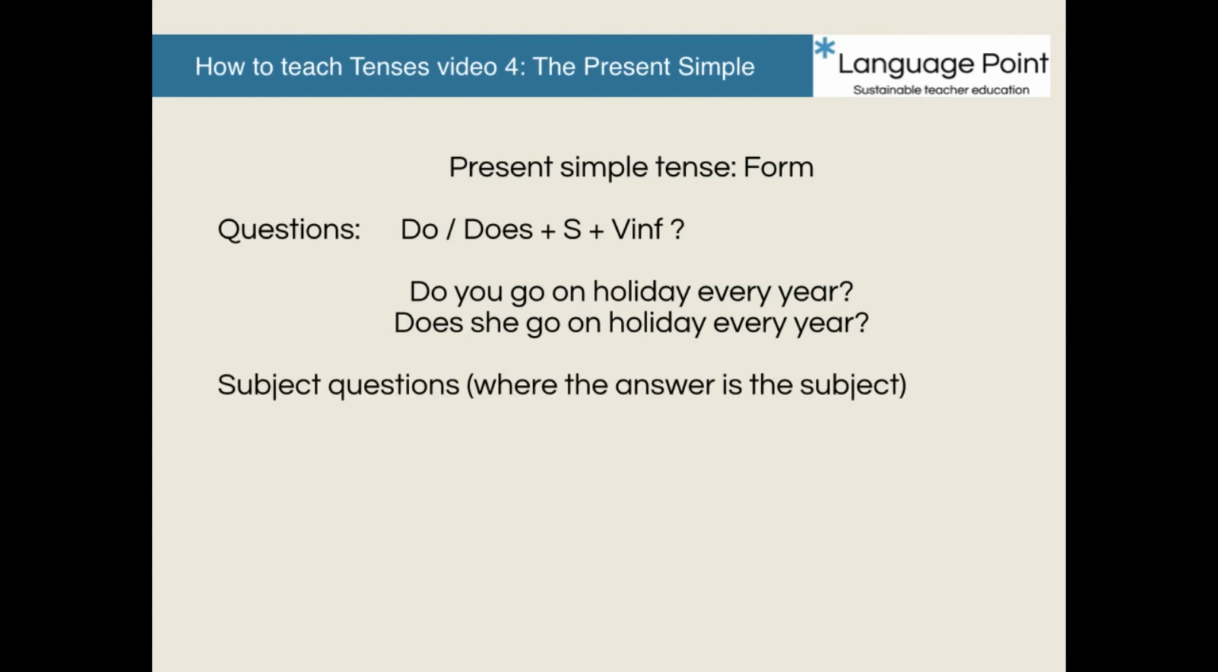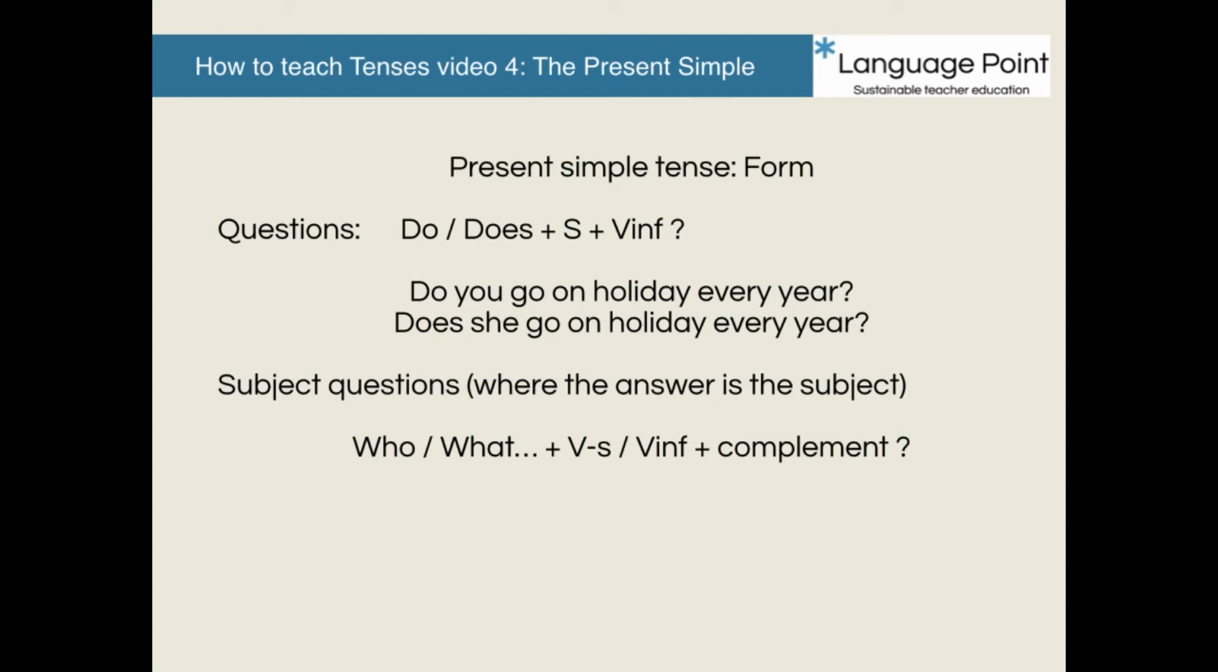So moving on to another type of question, a subject question. So this is where the answer to the question is the subject of the sentence. We're asking about the subject. We would need a WH question, a question word such as who or what or which. Then the verb would have an S on the end, or there would be an infinitive verb with a complement